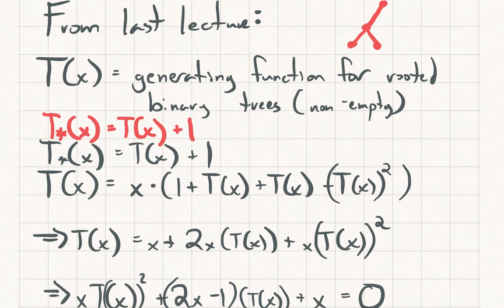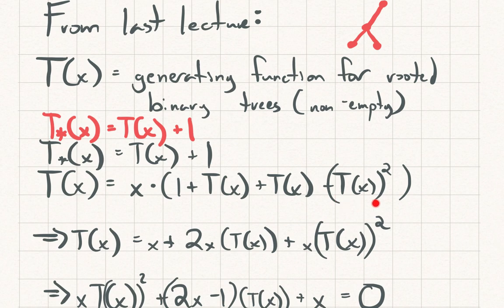So that's a very easy relationship. This is just an easier way to look at it in order to build this recursion. Okay. So now we're just going to do a little bit of algebra here to solve for t of